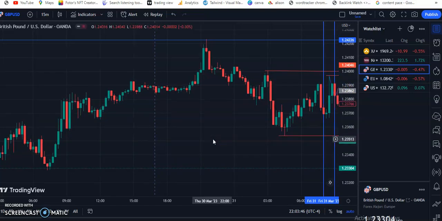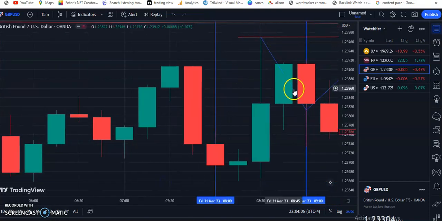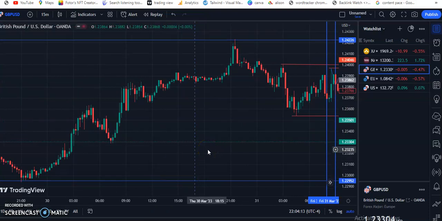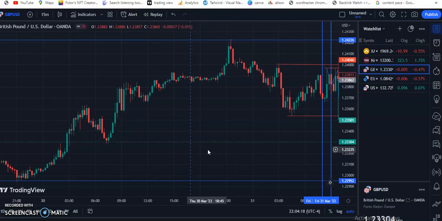Now, it was relatively simple, because all you have to do is wait. In my mind, I'm telling myself that we will have a pump to the high. And as you can see, I already have my bias, and I have this path to show me what I'm really expecting. Now, you see the market comes to the high, then gives us a pin. When you go to the 1 minute time frame,